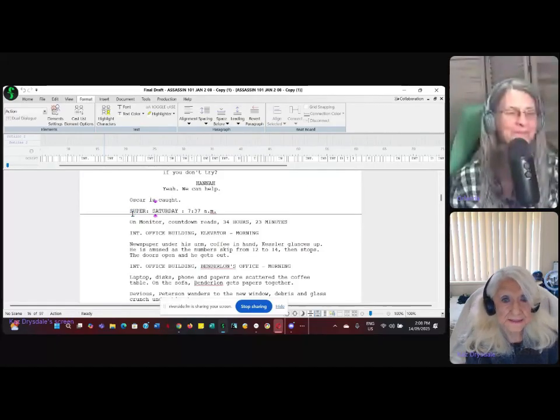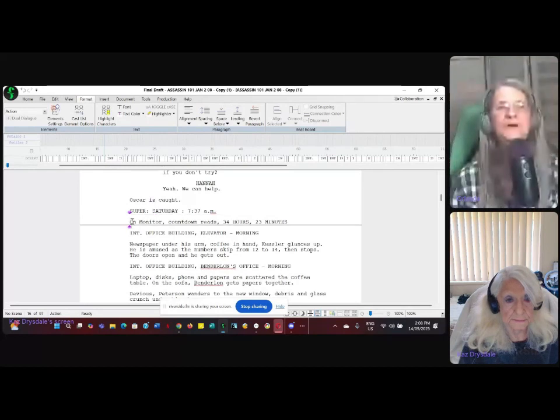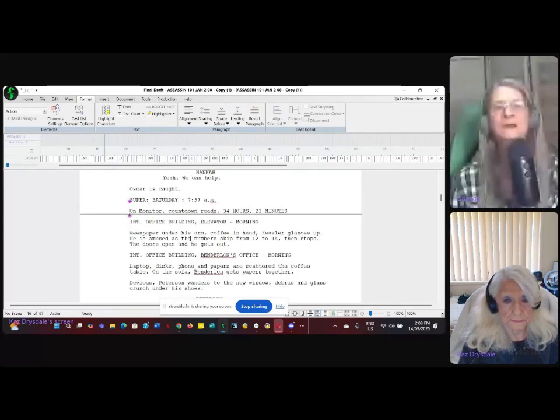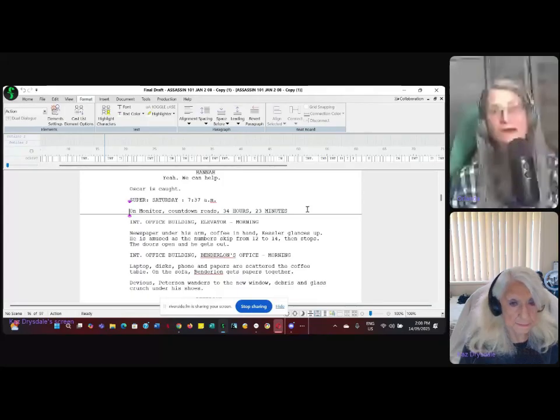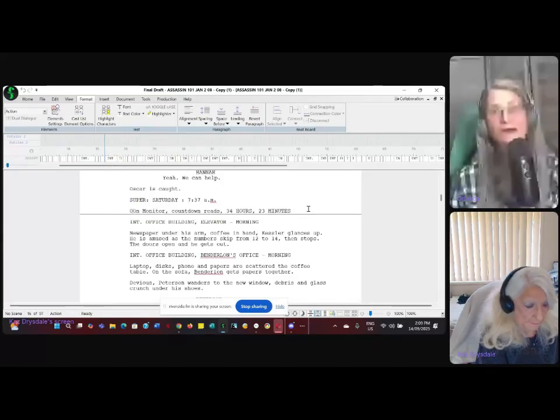Yeah, the next line says on monitor, and the countdown reads now it's 34 hours and 23 minutes. See, this is one of these things that has to be fixed through the whole script. I have to go through and capitalize on monitor, add the colon, and on this one I would capitalize countdown.